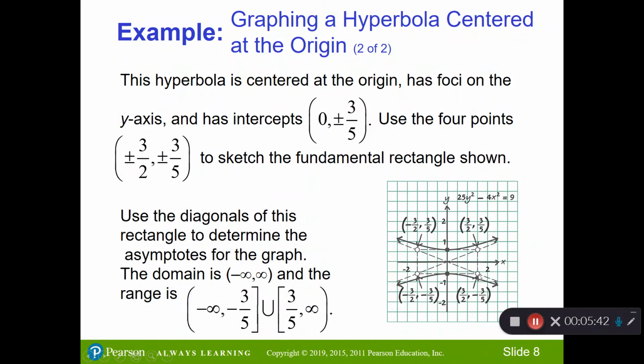From this point over 3/2, plot my point. This way 3/2, this way 3/2, draw my box, draw the asymptotes through them, draw the hyperbola through these points, straddling the asymptotes. Now, the other thing that we need is the foci. So to get that, we're going to go back to what we had, which was